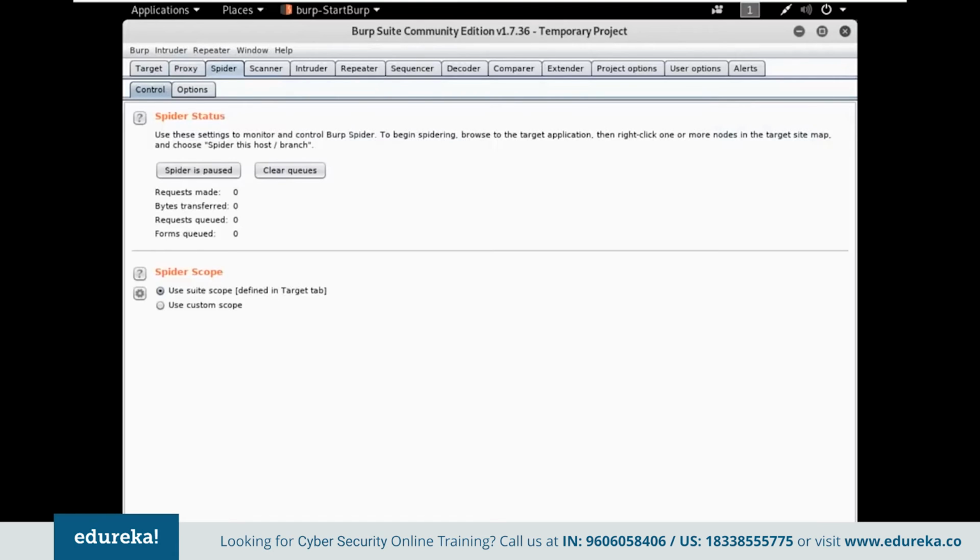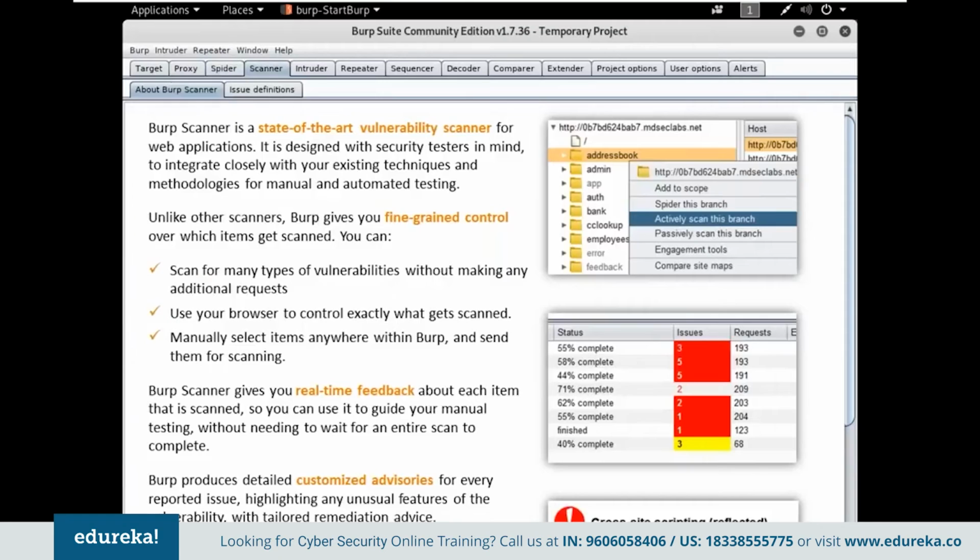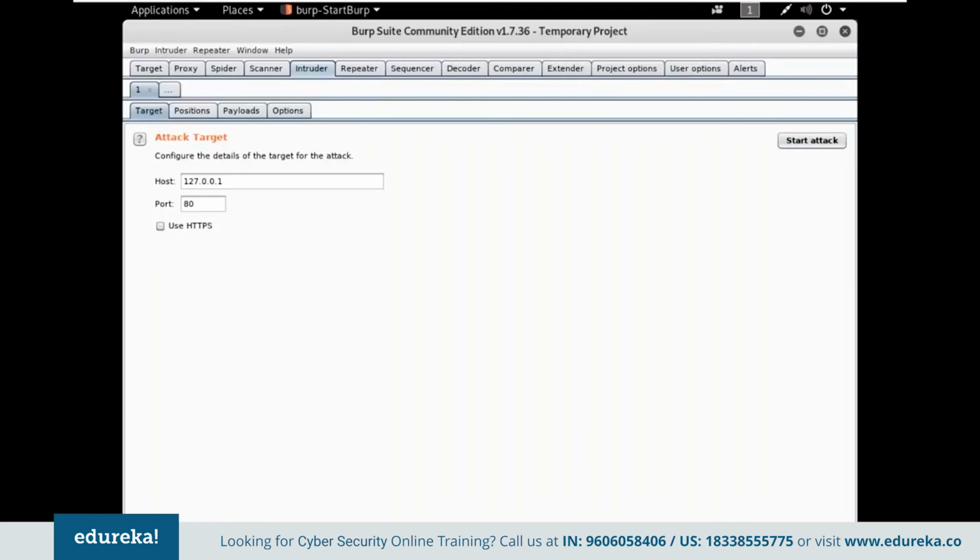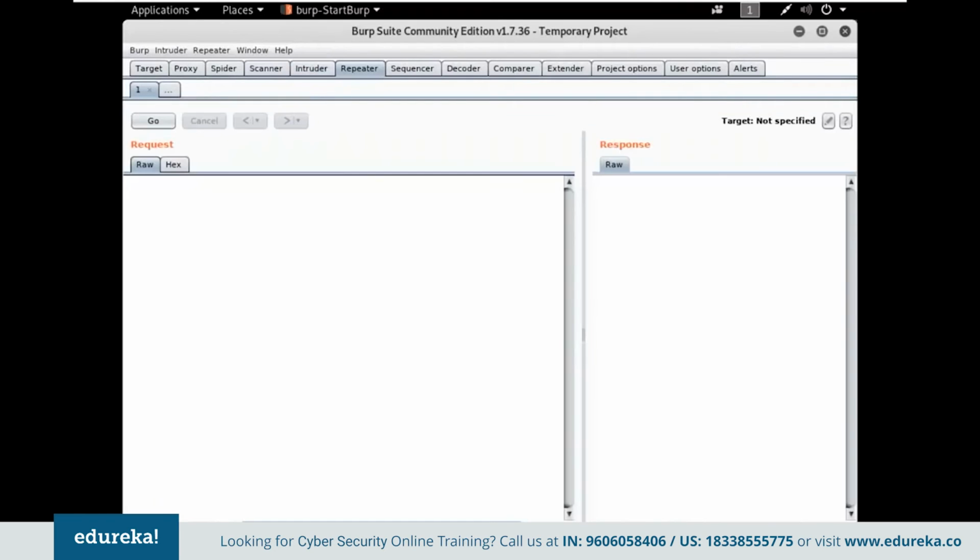There's something called a scanner here, right? Yeah, scanner. It's a web application security scanner used for performing automated vulnerability scans on web applications. So if you have any application that's vulnerable and you perform a scan on it, it will show you all the vulnerable points in that application so that you can exploit those vulnerabilities and start hacking or a malicious attack on the application. Then there's an intruder. It performs automated tasks on the destination. And there's repeater. It's a simple tool that can be used to manually test an application. It can be used to modify requests to the server, and you can resend them and observe the results.